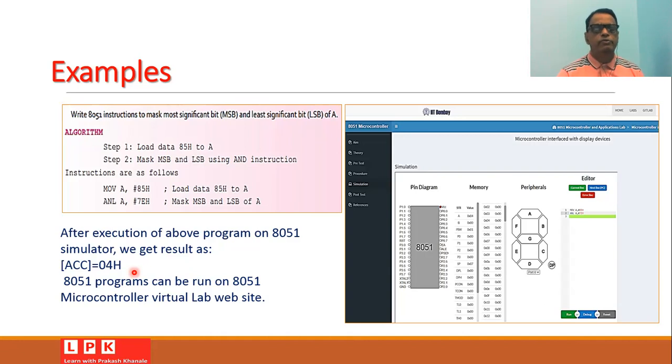This is not a complete program, but only a set of instructions, but such a set of instructions can also be run on the simulator. You can do it either on your phone or on the computer using the website.